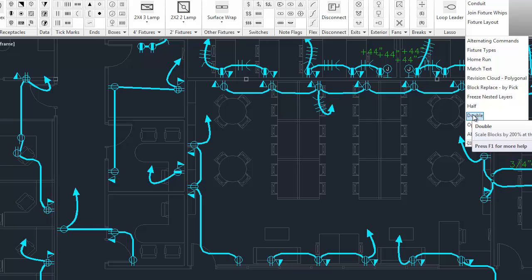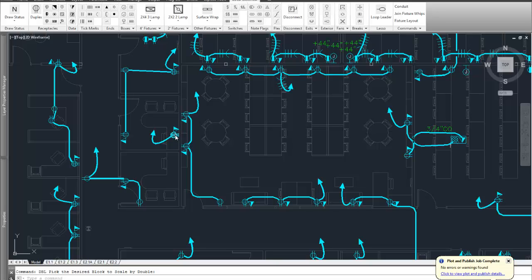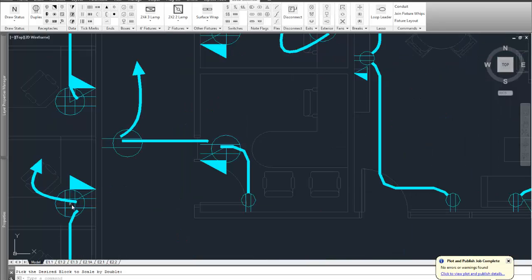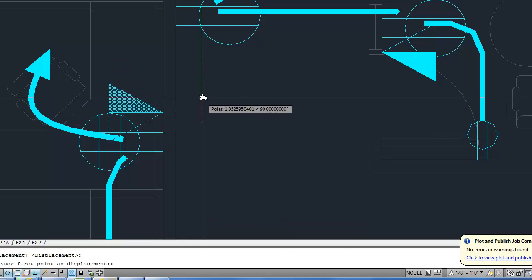at 1/4. You could pull down to the Double and click on it to start, and then just start clicking on your symbols, and what it's doing is changing the scale by double and keeping the existing insertion and rotation. I wish it did more for you, but it's just a quick little down and dirty utility to help. It doesn't respace. Like right now, you're going to have to move this telephone outlet away to get the